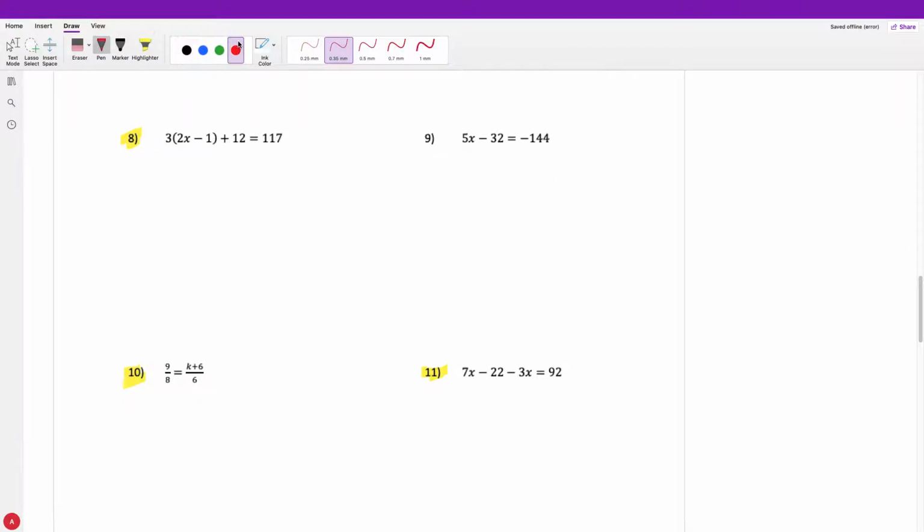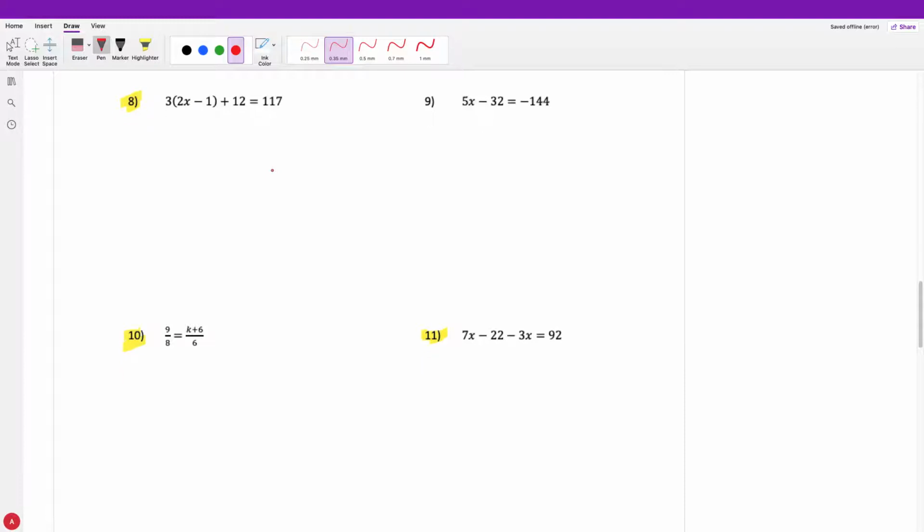Right. So when we look to solve question number 8, the first thing that we must do before we start moving things around is simplify everything that we can. And when we see these parentheses, this means multiplication. So I'm going to go ahead and multiply this 3 in, and we're going to distribute it to both terms. So we must do 3 times 2x, which gives me 6x, and then 3 times -1, which is minus 3. A lot of you, when you were getting this wrong, were only multiplying the 3 to the 2x. Or you would only divide the 3 here and only try to divide the 3 with the